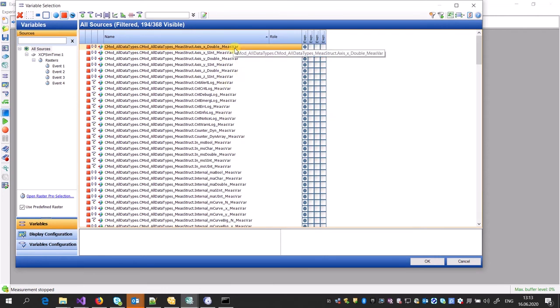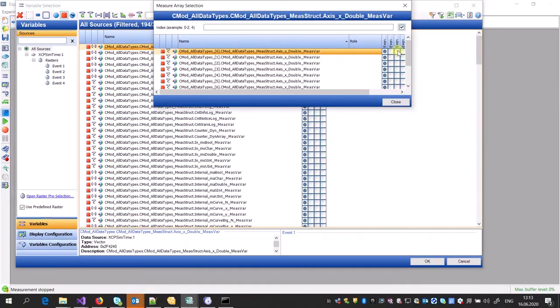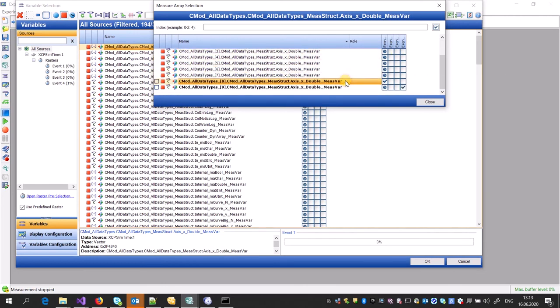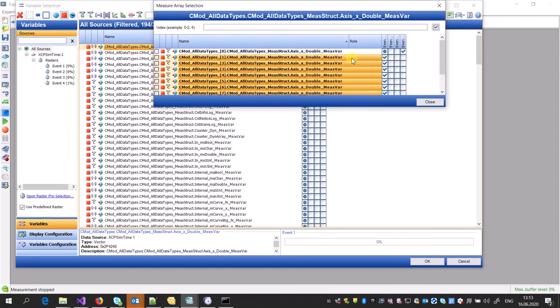For example, you can select an array, and I'm going to select the last event for this array. I want to read all of the values. So this one until this one. Now select, okay.